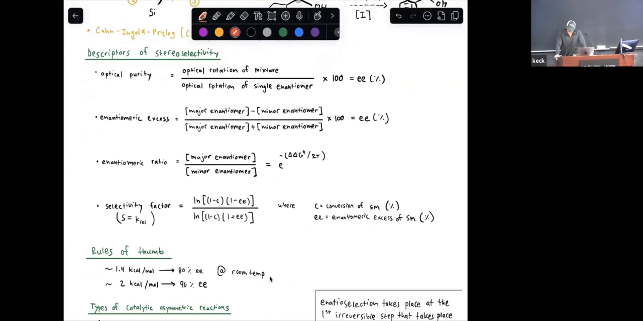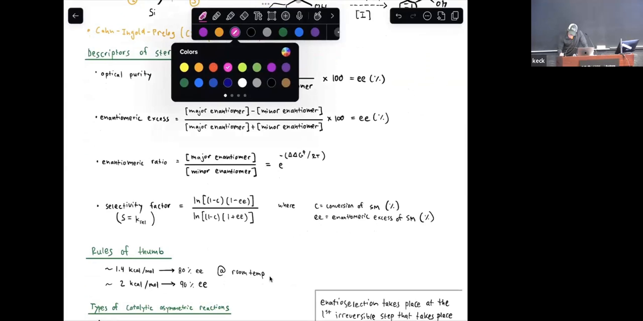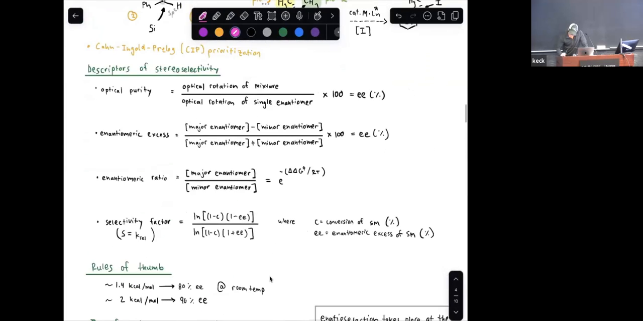The descriptors, the figures of merit, so to speak, from a catalytic enantioselective reaction are of course yield, but then enantioselectivity, which is most commonly, and it's not really obvious why we even do this anymore, still in the year 2025, the most common way that enantioselectivity is reported is via ee. And that's really a vestige of